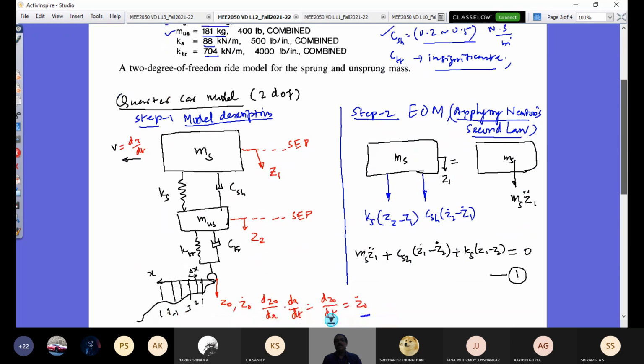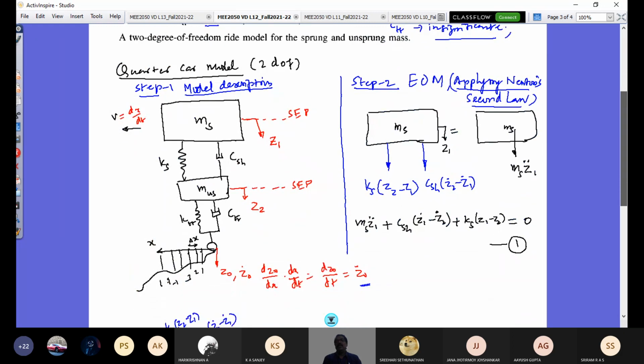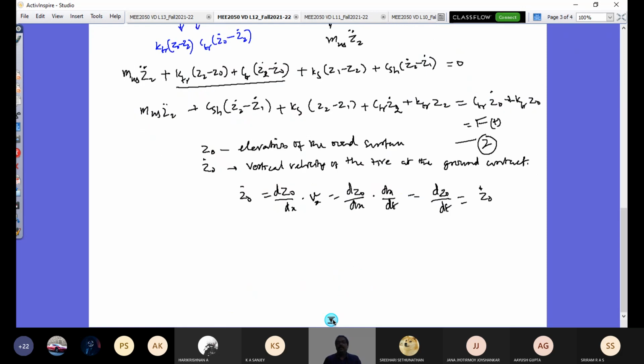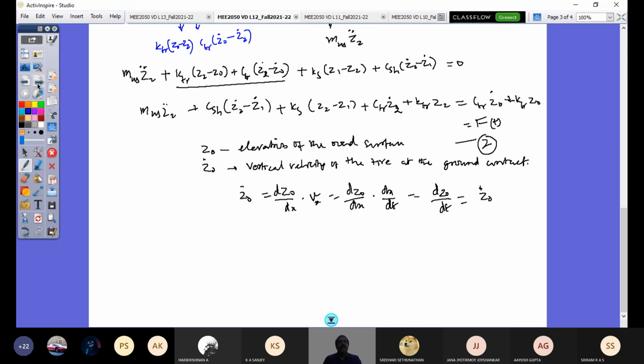So if you look at any vibration analysis, we follow a certain sequence of looking at the analysis. So first step in any vibration analysis is model description. So we were able to take 1/4 of the vehicle model called the quarter car model, and where we defined sprung mass and an unsprung mass, and the road profile, varying profile like this. And we were able to apply Newton's second law and able to write the governing equation for sprung mass as well as an unsprung mass. And then we continued with these two equations, what we have derived further